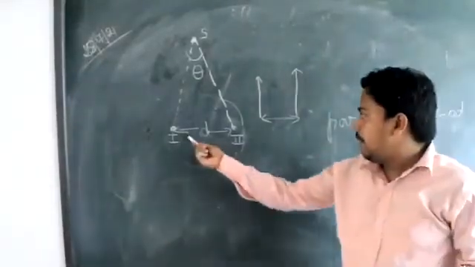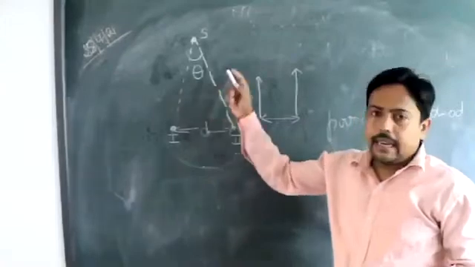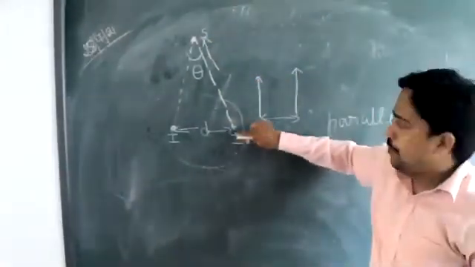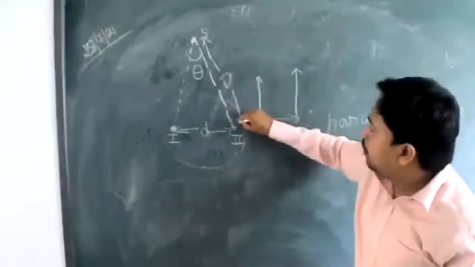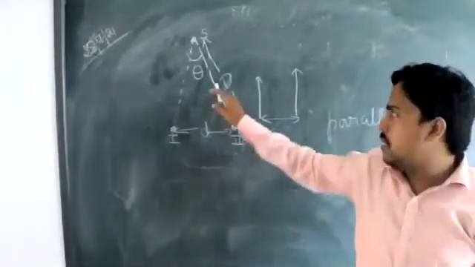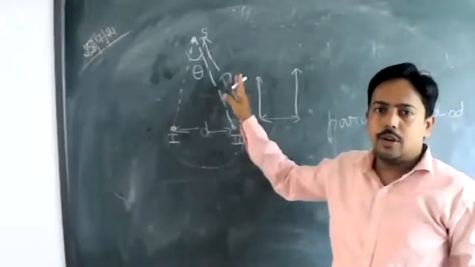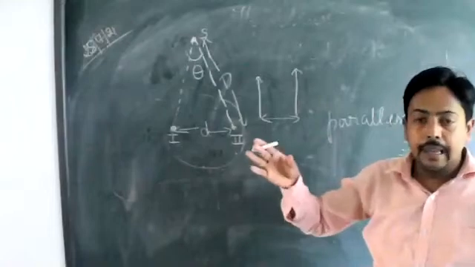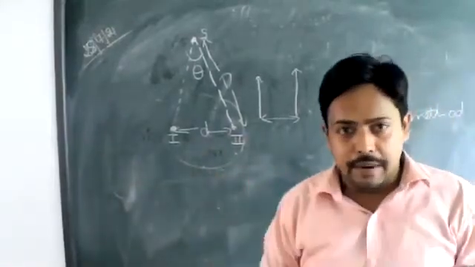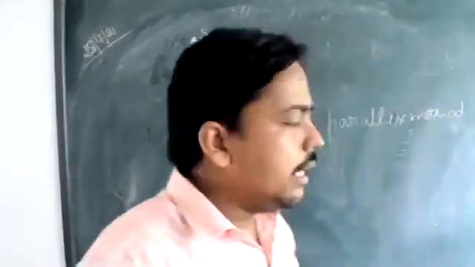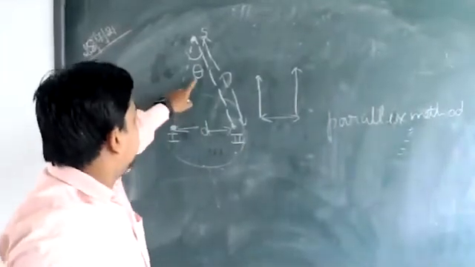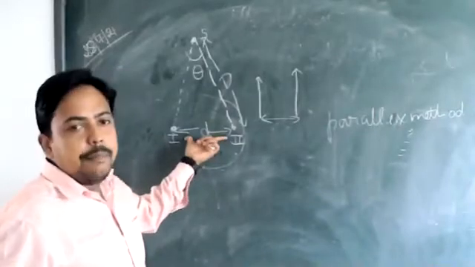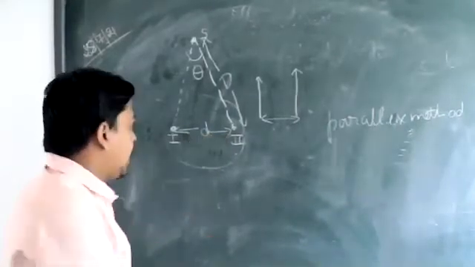There is a relation between this angle and the distance between the sun and the point of observation. Okay, I am naming this distance capital D. This distance is very large, because the planets are very far apart from each other. In the same way, our Earth is very far from the sun. So there is a relation between this angle, this capital D, and this basis. The distance between the two points of observation is known as the basis.